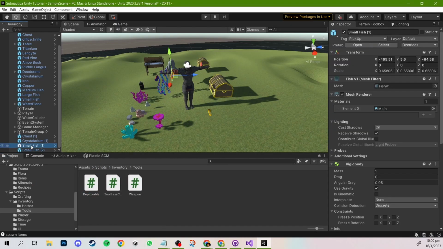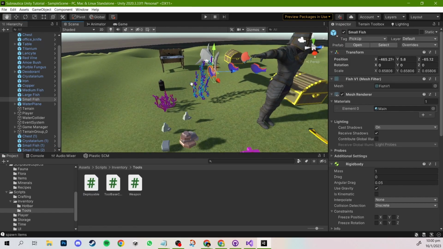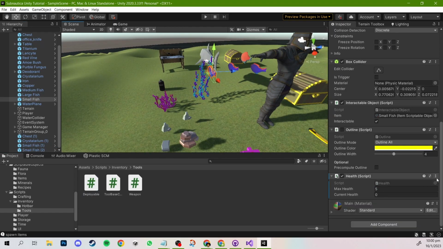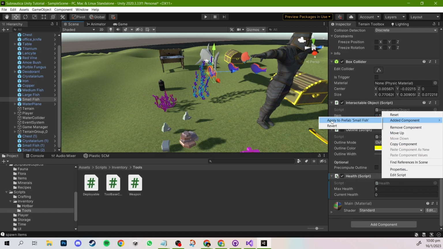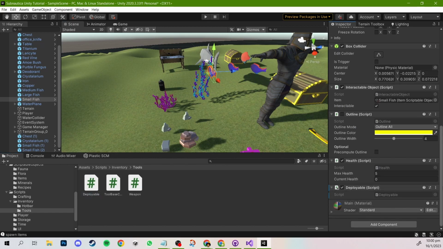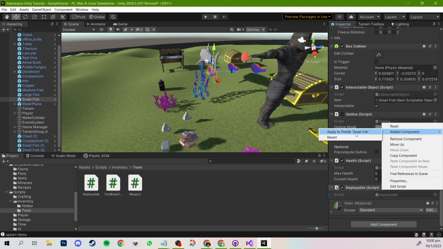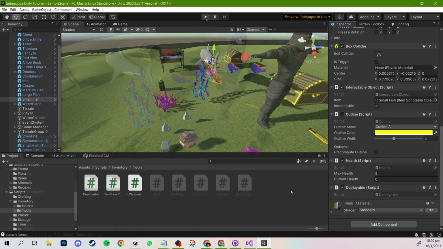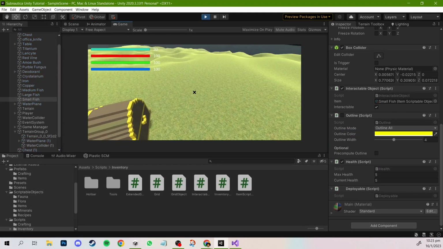Now if I go to small fish, if I go to this particular small fish, I can add the health script and make sure it's added to the prefab so that all the small fish have health now. And then I can drag in the deployable script here. And I'll also apply this to the prefab. So when I click play,